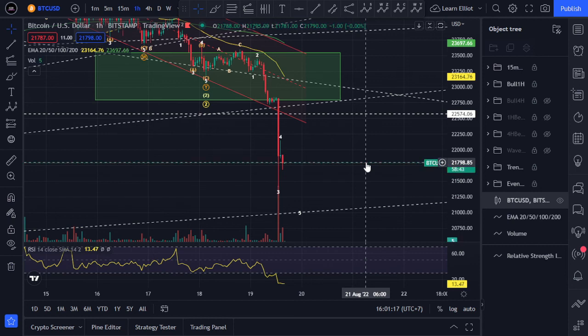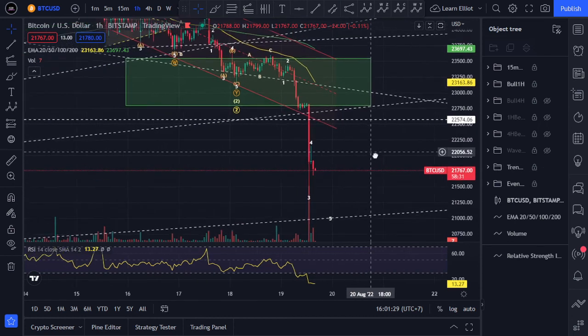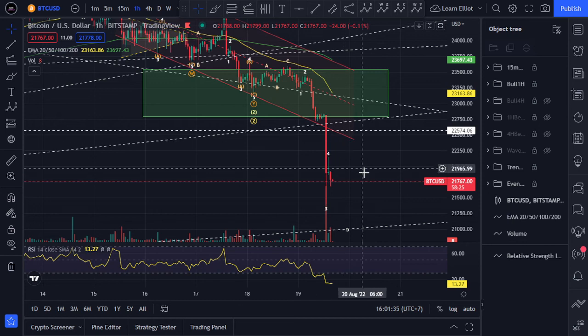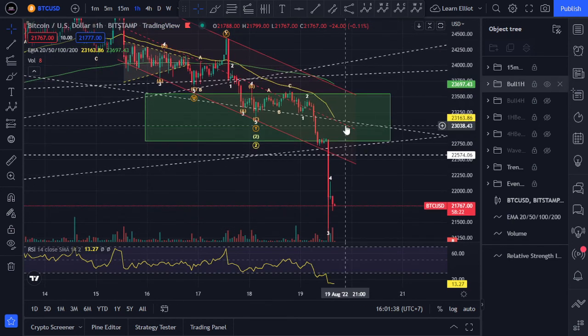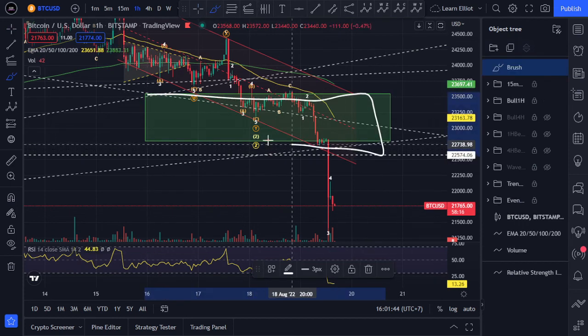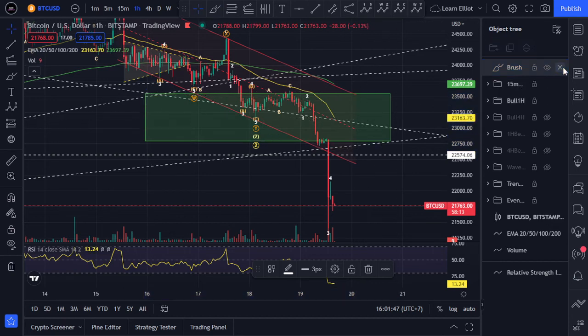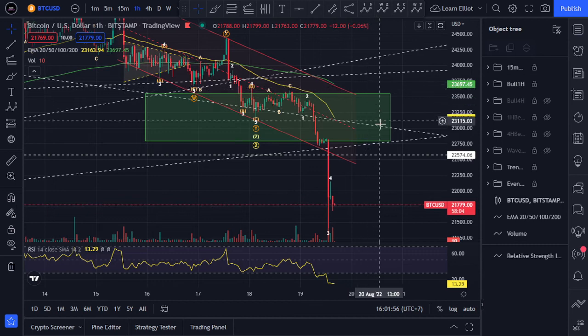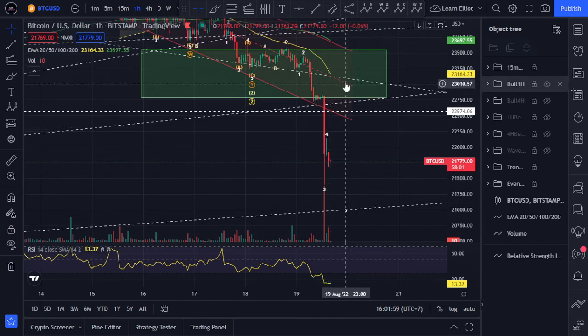So let's continue from our last video. I'm just going to share my quick outlook for Bitcoin technical analysis using Elliott Wave Theory. As you can see here, we are right now having a capitulation and selling pressure to the downside, which is breaking out from this rectangle that I drew yesterday as a support line. It's actually a correct calculation, but we have a further